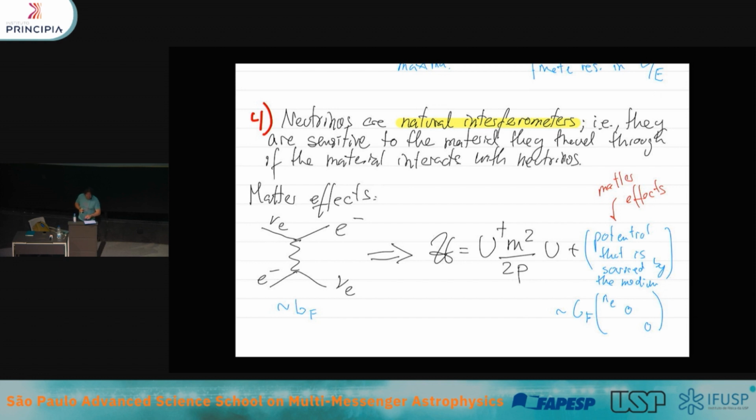Okay. Any other questions on this? So if you have never seen this calculation, I invite you to do it. And if you have seen this calculation, I invite you to do it in a more difficult case, which is the case of a wave packet, which many of you may not have seen.